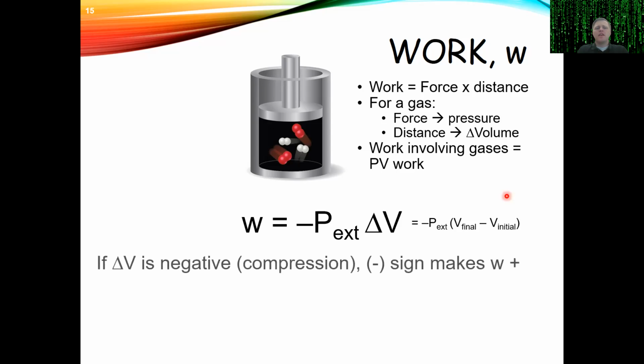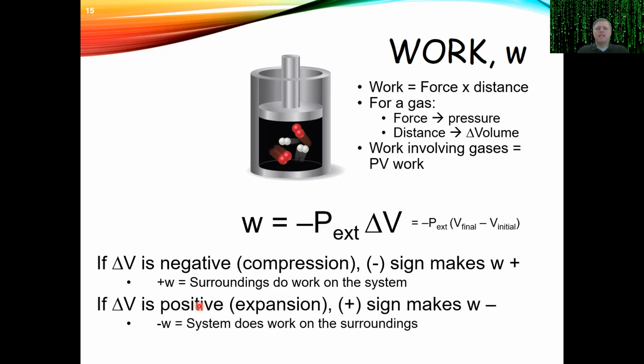So the way this is defined, if our delta V is negative, that means that we've gone from a larger volume to a smaller volume, right? That means that the surroundings are doing work on us. The surroundings are compressing our system. So in that case, the surroundings are imparting some of its energy into our system. So we get a positive work, which increases the energy of our system. If delta V is positive, that means we're going from a smaller balloon to a larger balloon, or from a compact piston to an extended piston that's pushing something, then our system is doing work and it's giving up energy, so it will have negative work.